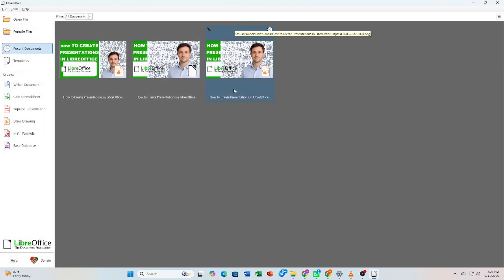Finally, consider checking for updates regularly so your software remains secure, stable, and fully compatible with modern file formats. And that's it. You've successfully updated LibreOffice to the latest version and ensured you're using the most